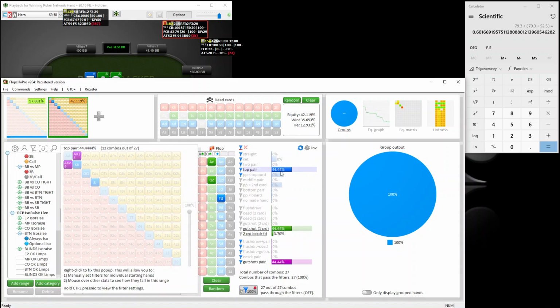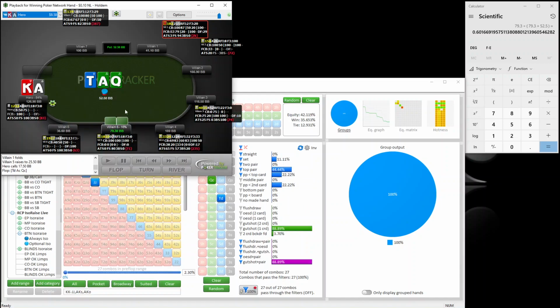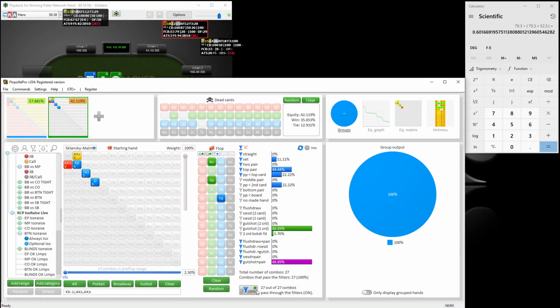We could possibly fold kings as well, and that just leaves us with ace king. But I think since we included jacks in his range, I think we're going to have to call with kings. So, he bets. I did call. And again, I don't think we have any sort of...